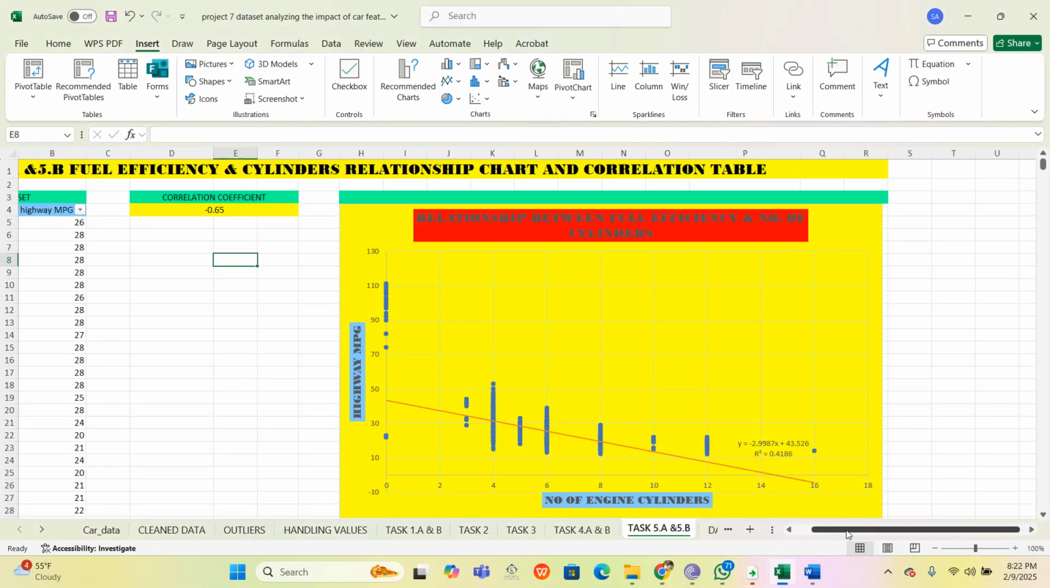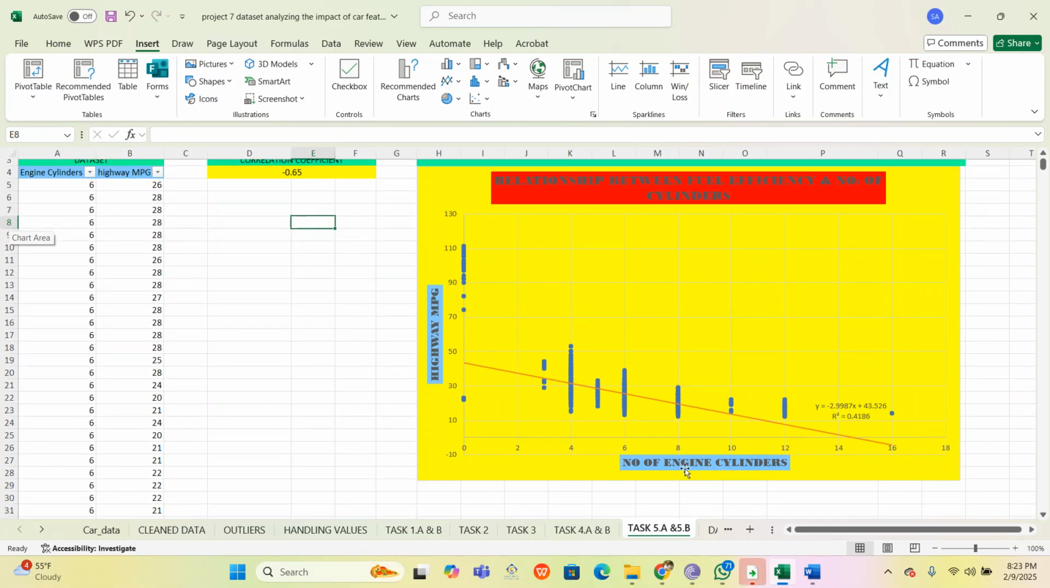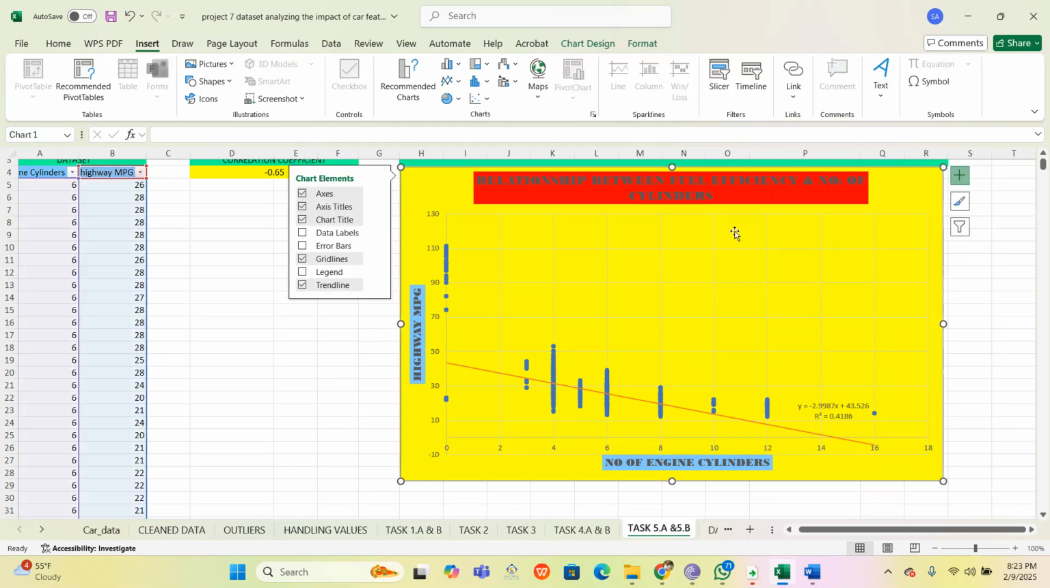So for this also I selected engine cylinder and highway MPG, and I identified the correlation coefficient that is negative 0.65. It is negative, so it's a downward trend, a negative trend. This is the chart they are asking for, and we have given a trend line here. The trend line is showing a negative